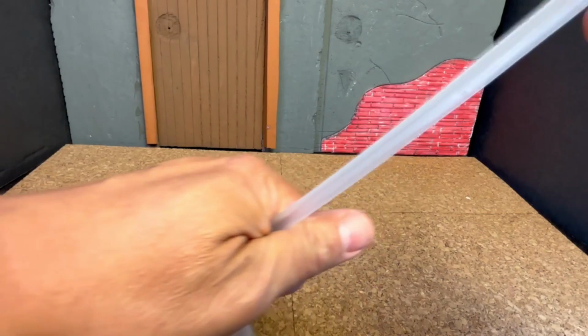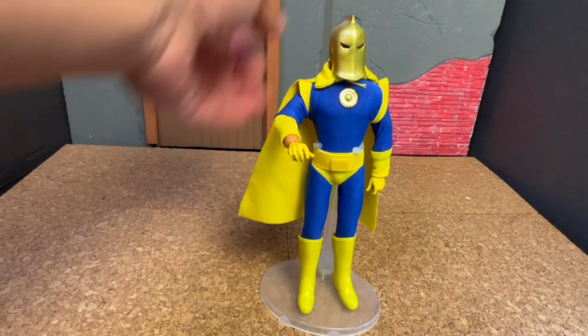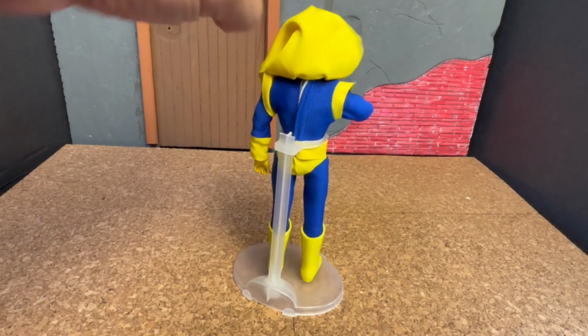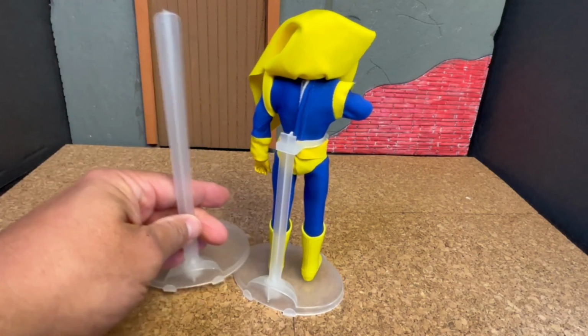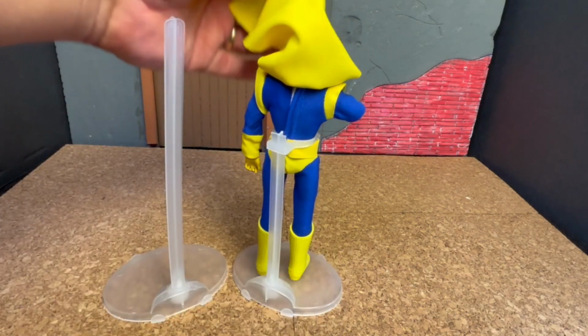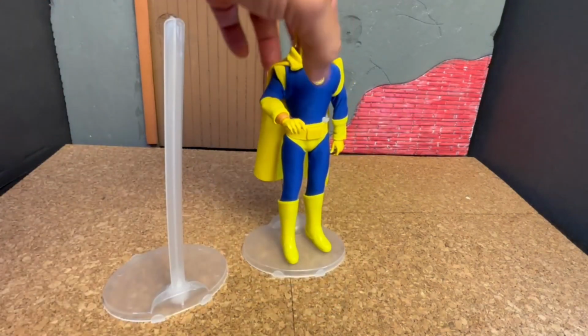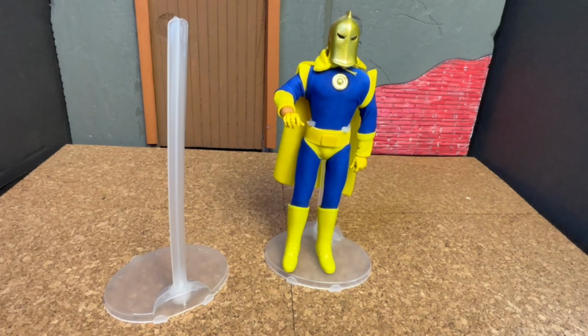This slips into here, and basically I use it a lot for my Joe figures, but it doesn't work that well with the Joe figures because you kind of have to stick it in the leg, and I use it a lot on my Mego figures because it works fine for the Mego figures right there. That's where I have them. And if you look at the back, what I end up doing is I end up cutting this piece here, and it'll work fine for my Mego figures because this little thing here wraps around the waist. For the Joes, you sort of have to put it on his thigh, and then it'll hold it,